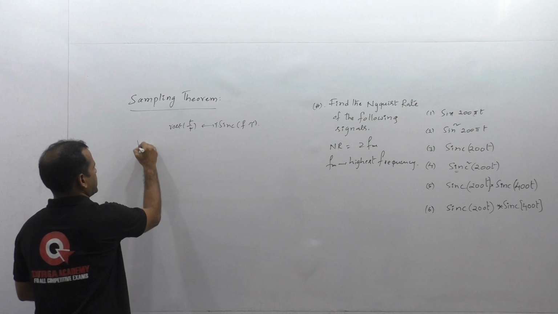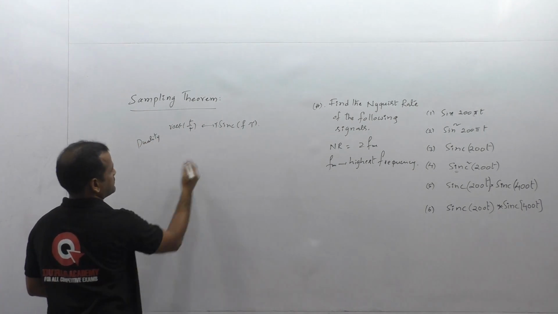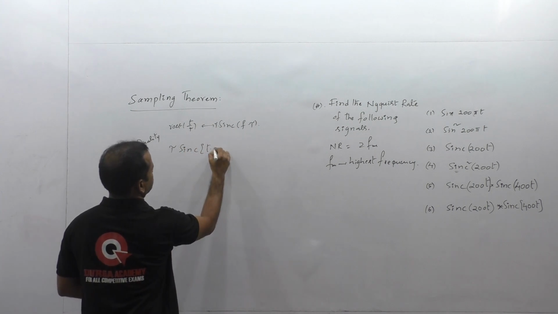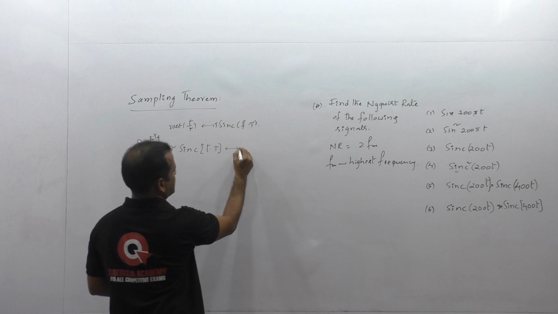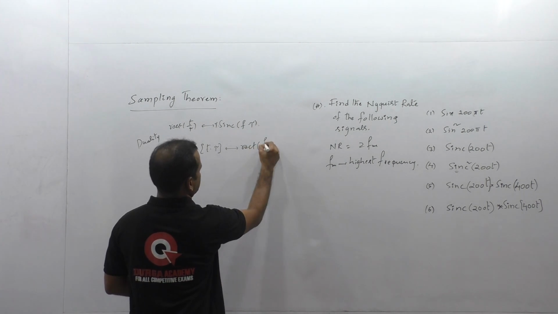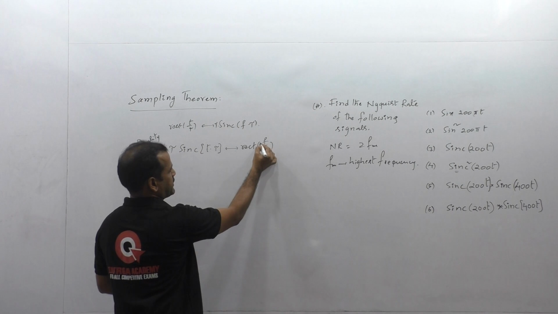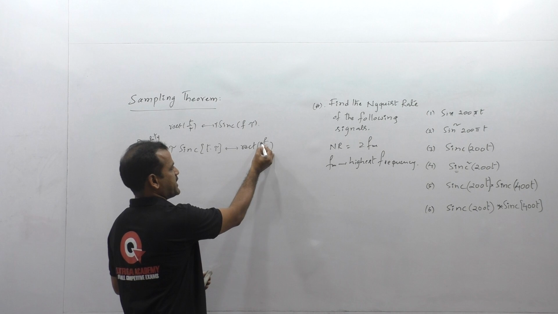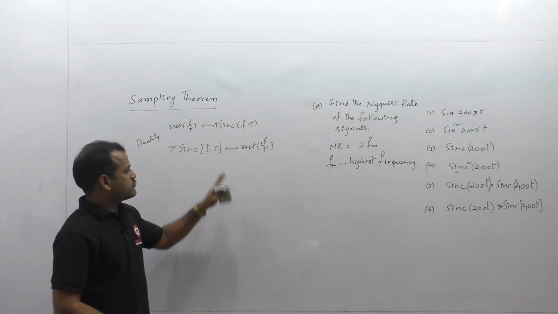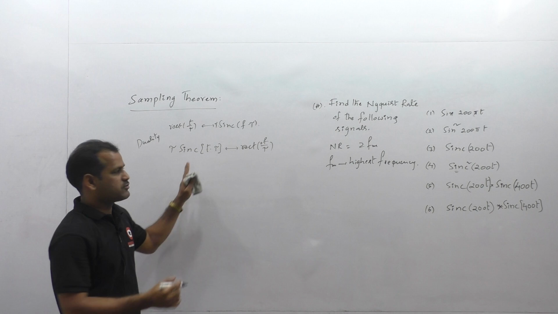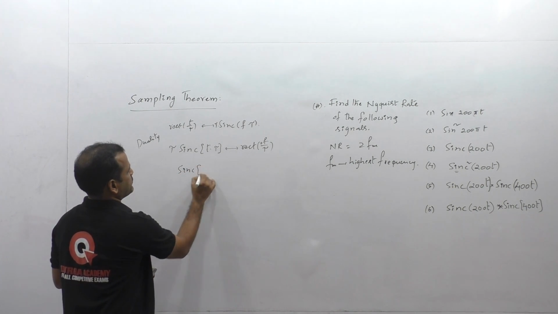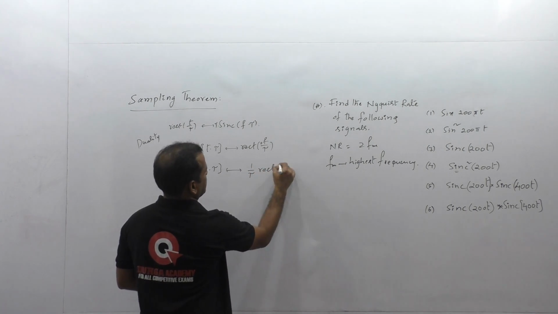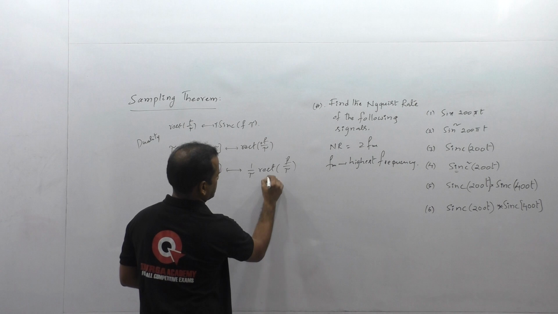By applying the duality property, the Fourier transform of the sinc function, tau sinc t tau, should be this function coming to this side, a rectangular function of f by tau. From the duality property it is minus f by tau, but since the rectangular function is symmetric, we take it as plus. So this is the Fourier transform of the sinc function. For sinc of t tau, the Fourier transform we can take as 1 by tau rectangular of f by tau, or simply a rectangular function